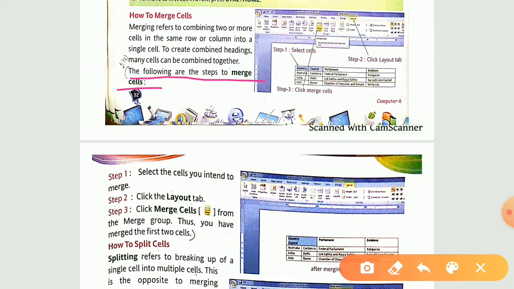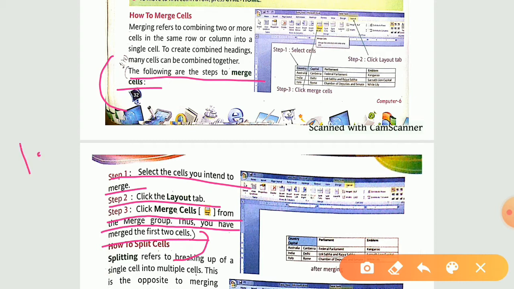Then from page number 33, step number 1, select the cells you intend to merge. Step number 2, click the layout tab. Step number 3, click merge cells from the merge group. Thus you have merged the cells. So start writing from the following till the cells. This is your answer for the fourth part.